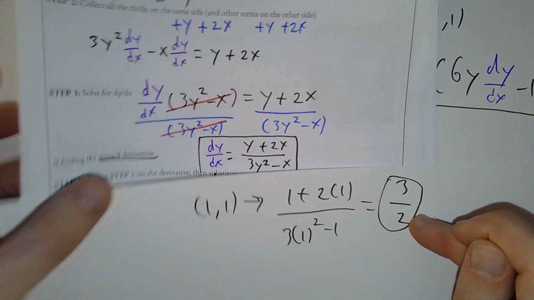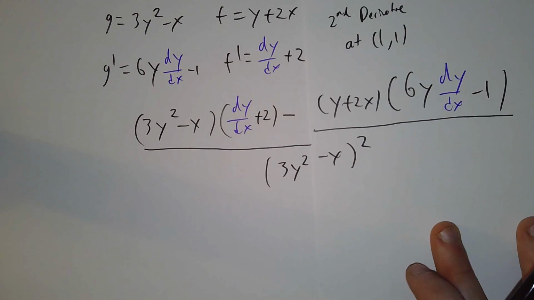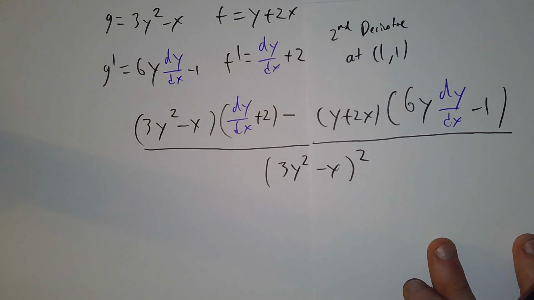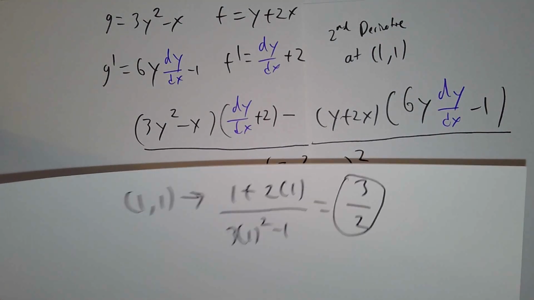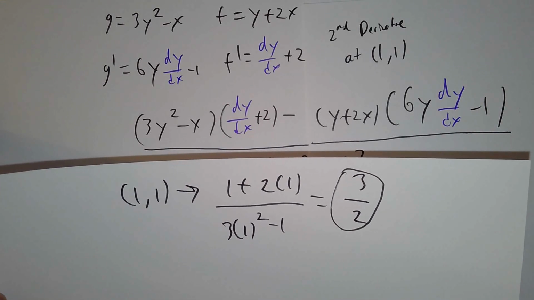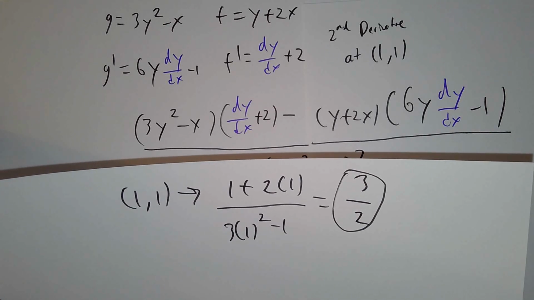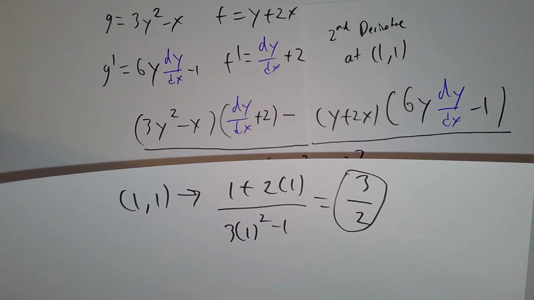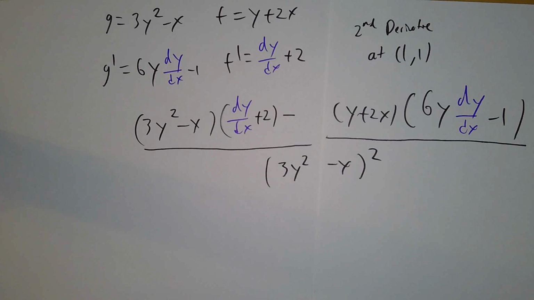I take that 3 over 2, and we're going back to this two-page equation. There it is. And every dy dx, see all those dy dx's, they're going to be replaced with a 3 over 2. At the same time, all the y's and x's are going to be also replaced with a 1 and a 1. Got it? So the x's become 1s, the y's become 1s, and the dy/dx becomes this 3 over 2. So let's just rewrite that. We're going to get, right here below,